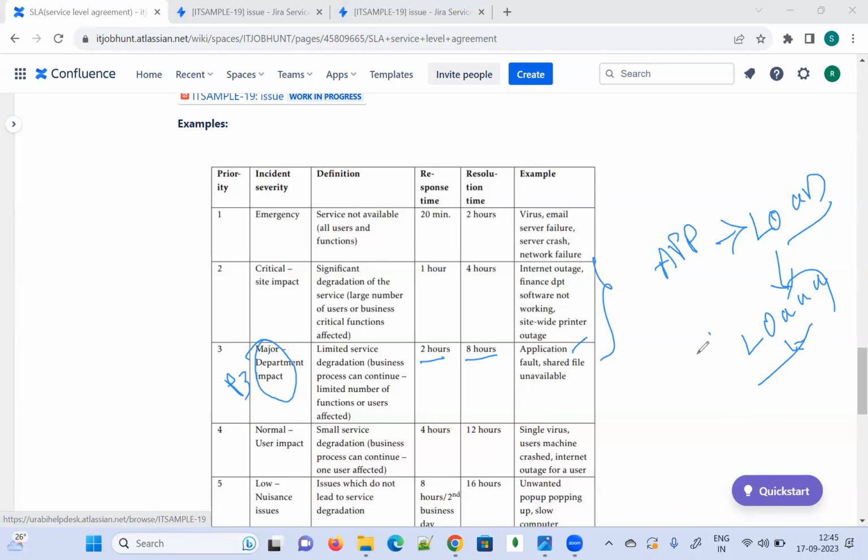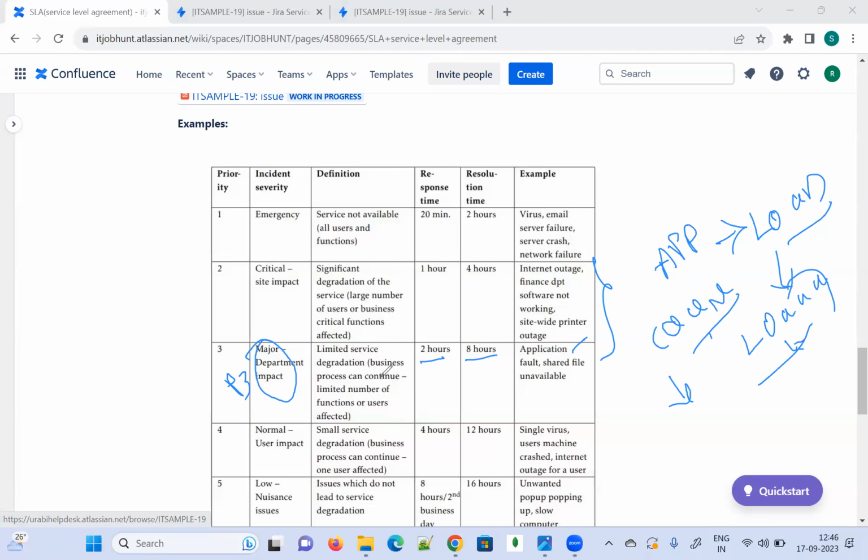And apart from this, for example, your colleague has shared one important file with you, and you are unable to download it. At that time the shared file is unavailable. All this will come under P3. And whatever service is impacted, we can consider it limited service degradation.